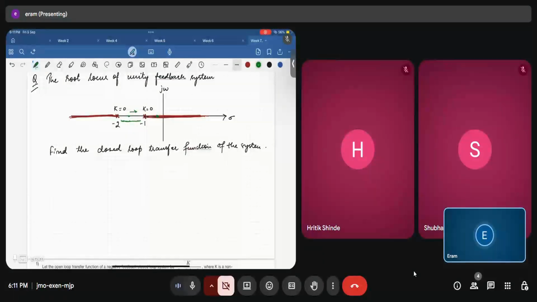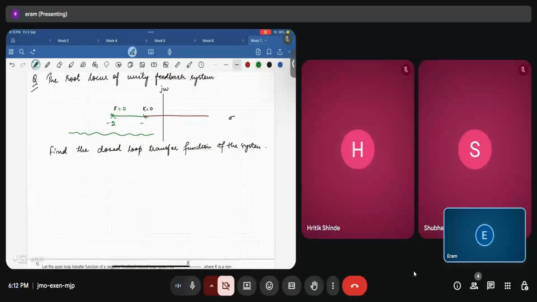Then what does it mean? It means that we don't have a negative feedback system. Even though we are increasing k, so k is positive, but the feedback is not negative because we have complementary root locus in this case. So what should be the closed loop transfer function in this case? So the answer is, instead of negative feedback we have a positive feedback closed loop system. Okay,